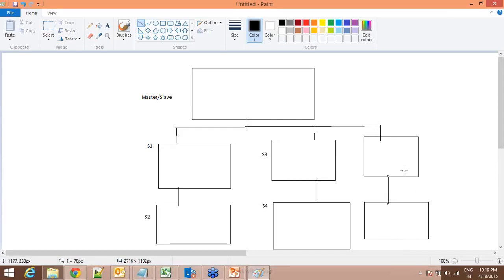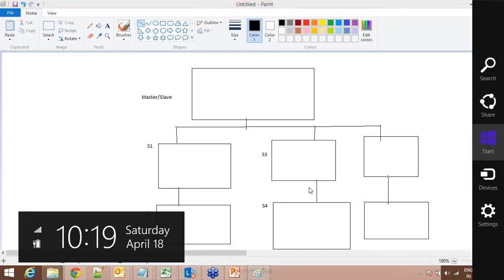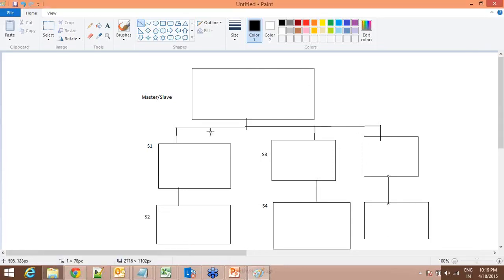But the problem here is when they want to add nodes to the cluster, they have to restart that complete system. Basically, they have to restart some services in the master. So there will be certain maintenance activities they have to do, and the complete cluster will not be available.